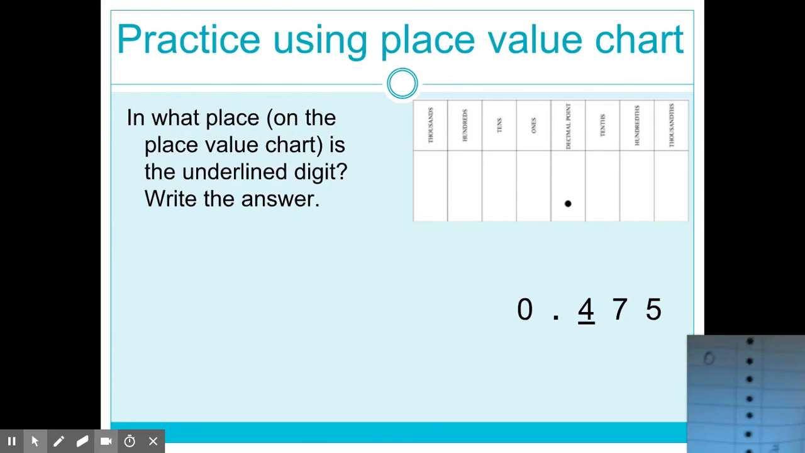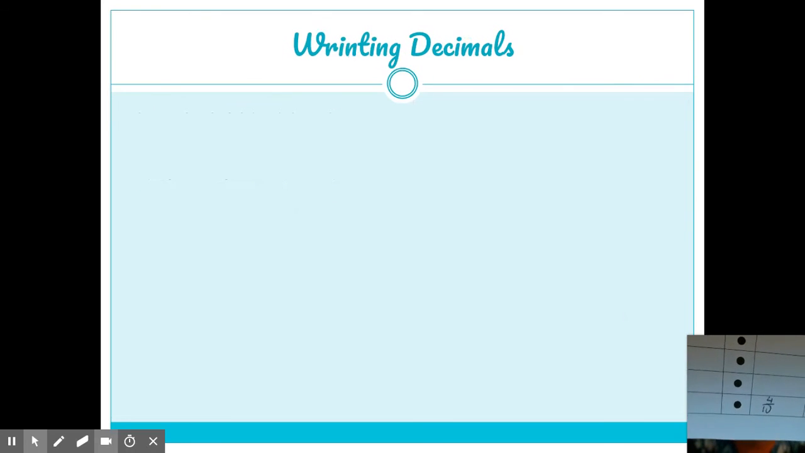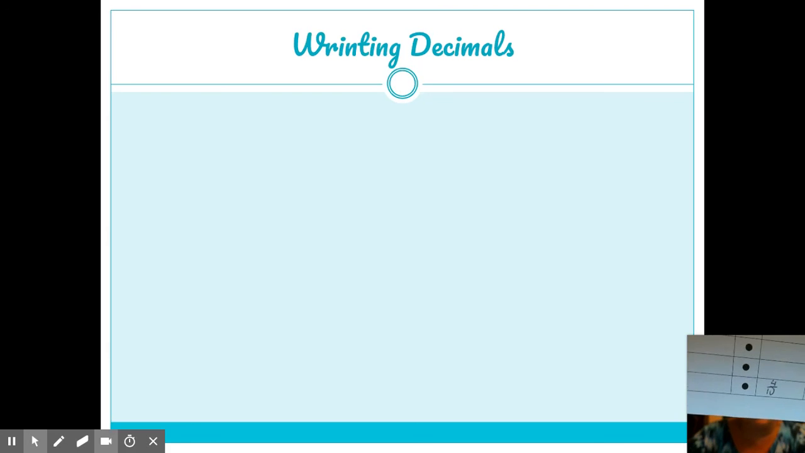We have one more number. 475 thousandths. So I ended on the thousandths, but the number that I underlined was the tenths. So we're going to put the tenths on that very last line in the tenth spot. And that would make a fraction, 4 over 10. I hope you all know 4 tenths. So I'm going to write 4